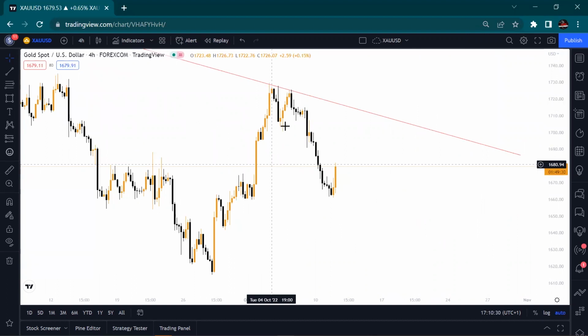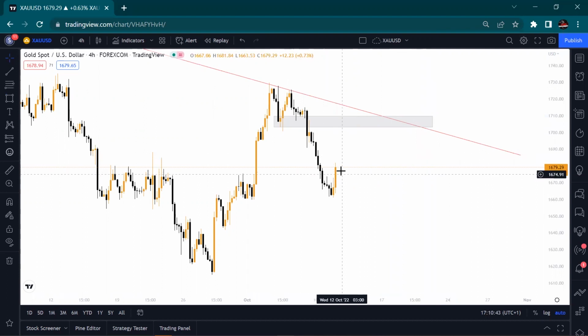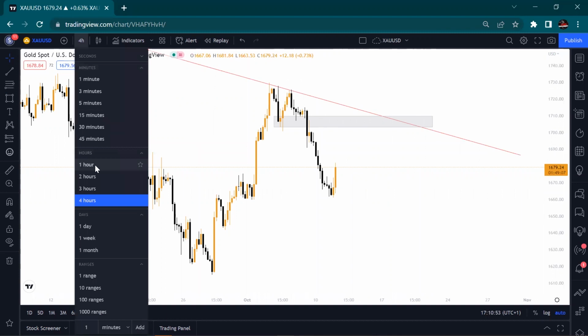If we look from here, the recent low of the market is here, right? It's at this level here. So if I mark it out, the recent low is here. On norms, we should be expecting a touch from this current level to this level, then a fall. But at the same time, if you go down to the 1 hour time frame,